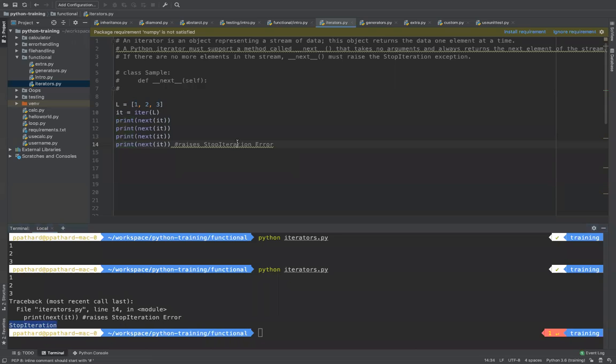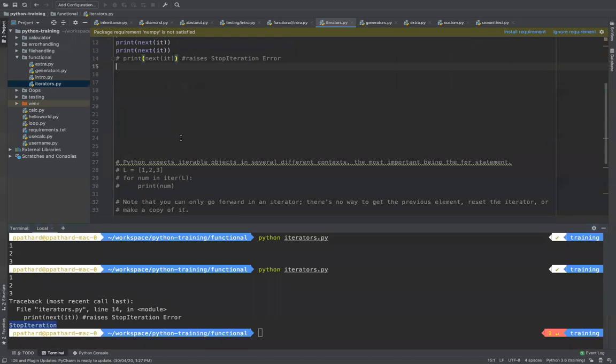You need to keep in mind an iterator is something with a stream of data, and you need to keep asking it. The other way you can do this is to simply do a for loop. Instead of calling the next method again and again, I am going to delegate the work of calling next to the for loop.